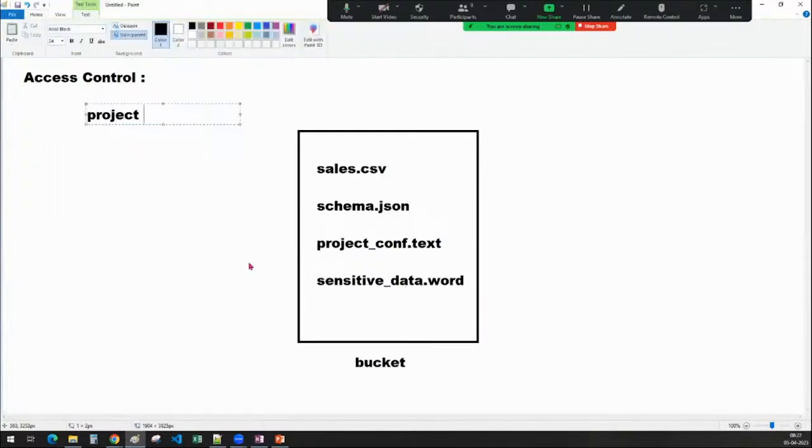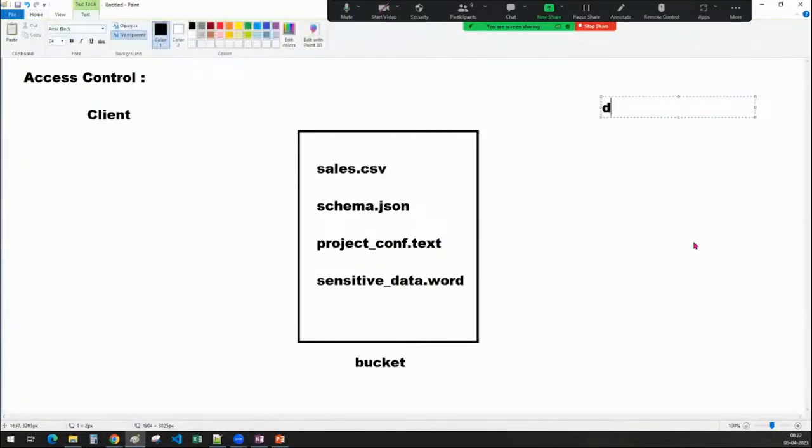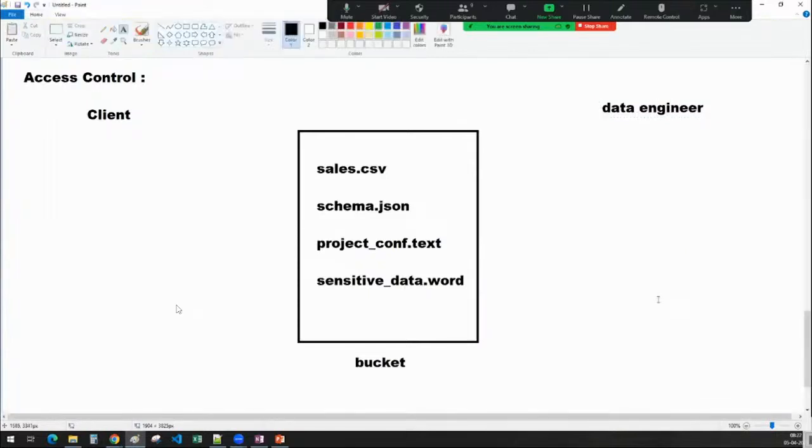There is a project manager, or there is a client. Think that there is a client, there's a data engineer. So we should understand that the client has to access